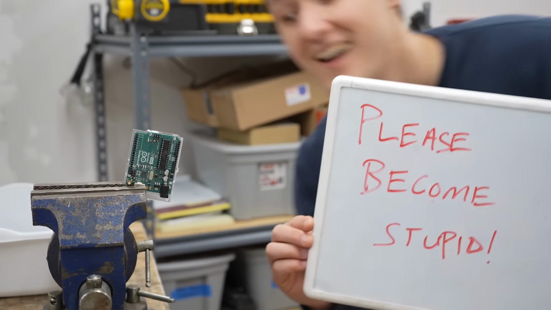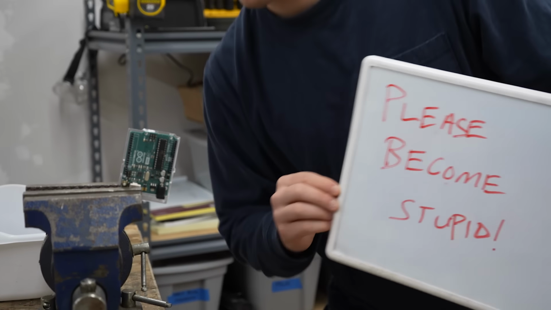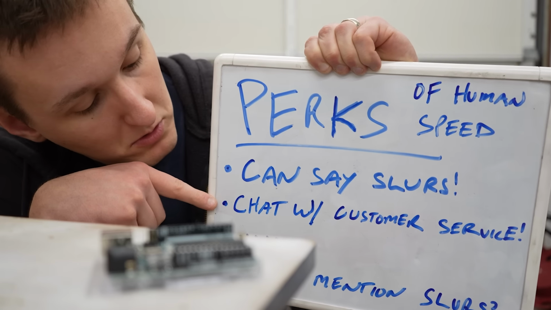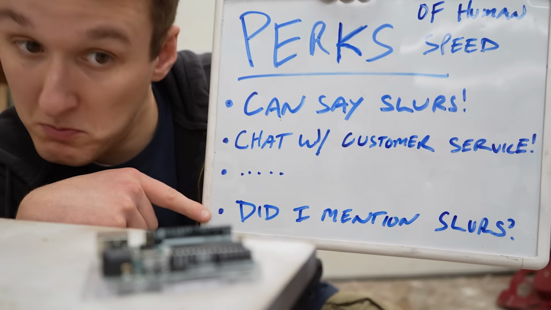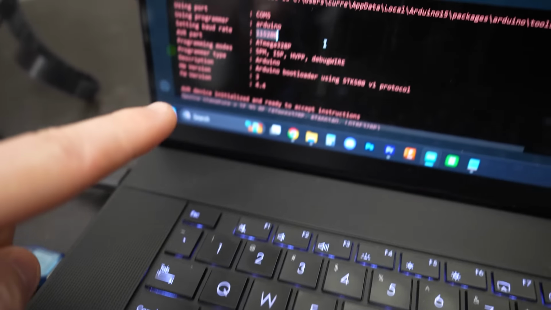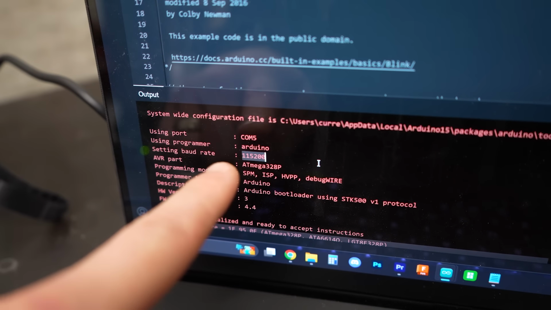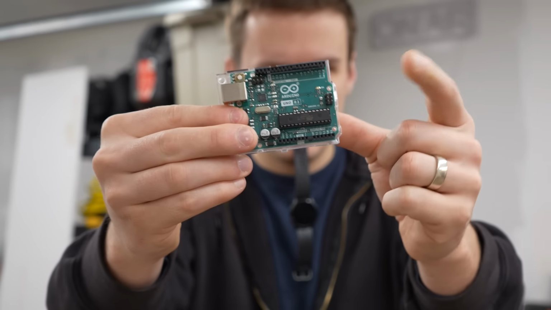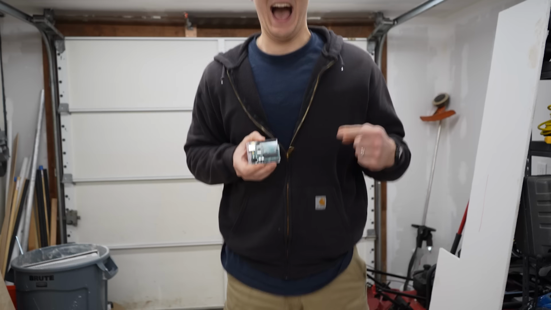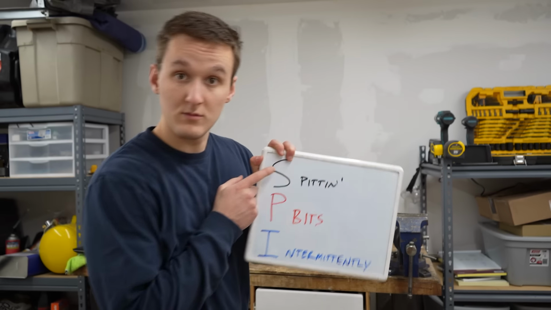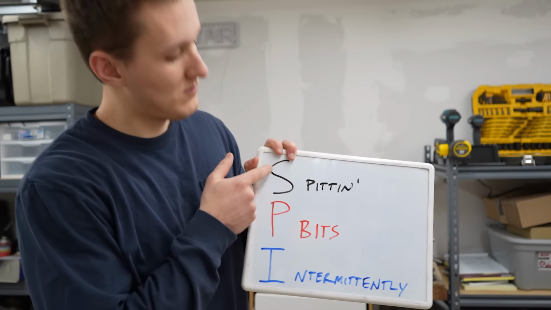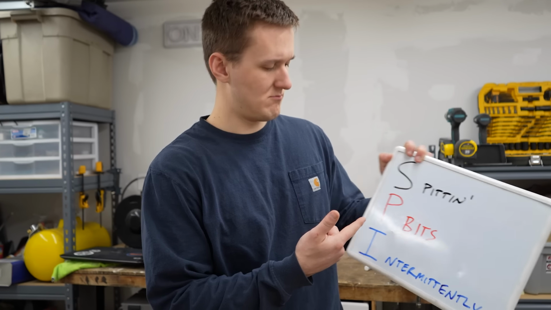But that's okay, because I don't need the Arduino to actually think at human speeds, I just need to persuade it to speak at human speeds, and I can do that by showing it my clock. Now usually the Arduino speaks through this USB cable to get programmed from the mothership, which requires high clock speeds, but there's actually a secret way to program these using my own clock, and I'm so excited to tell you about it. SPI's the name, spitting bits intermittently is the game.